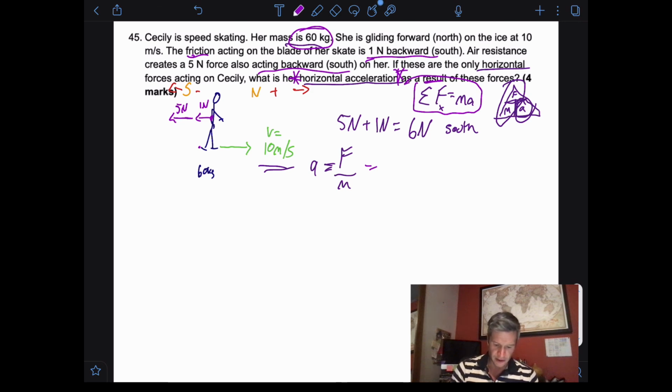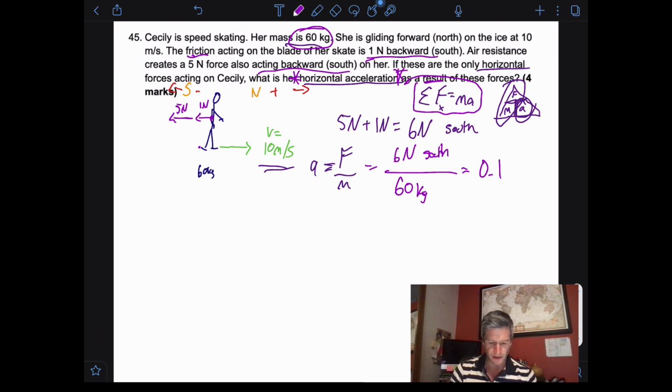So if we take our 6 Newtons, again, you can put south or negative, whatever. Just for ease, we'll carry that along so we know that's there. And our mass is 60 kg. So what's our ultimate acceleration? Well, 6 over 60 is